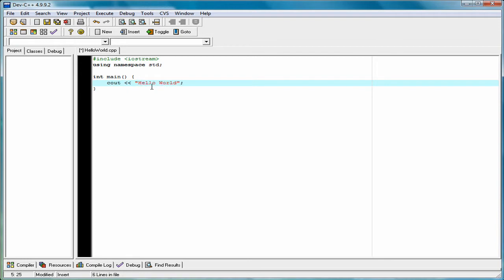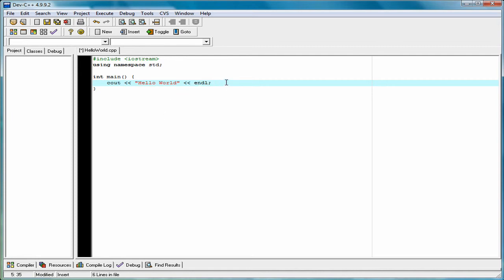Now there's two ways you can go about breaking down to the next line. You can use a backslash with the n afterwards. The backslash is an escape character, like in many other programming languages, with the n standing for a new line. Or you can go after the last quote, put two more insertion operators, then put endl for end line. What that's going to do is bring it down to the next line.